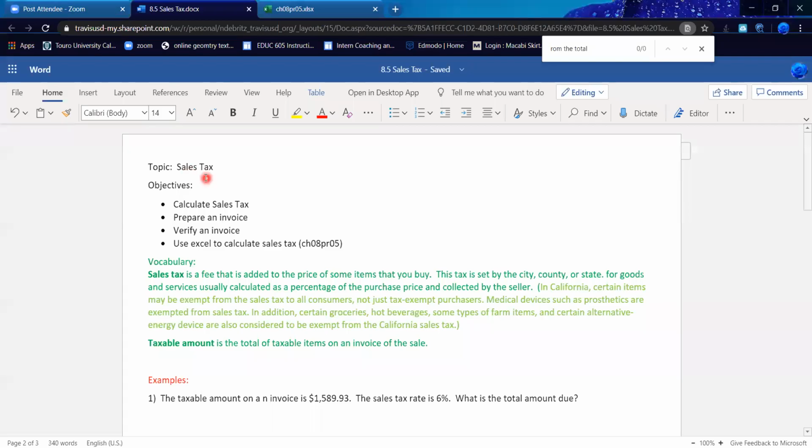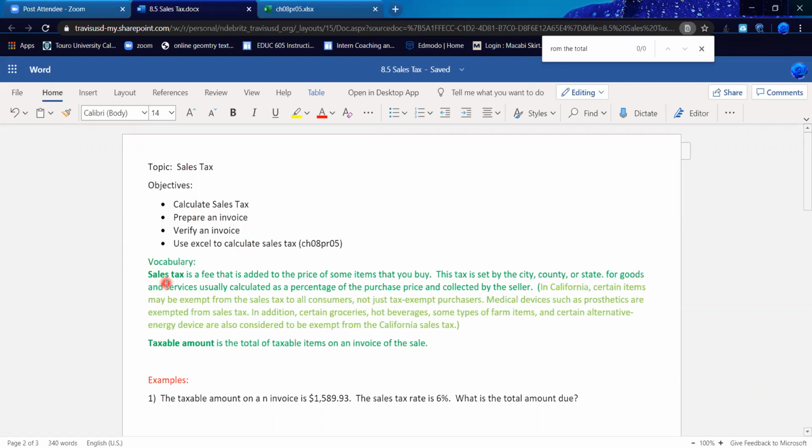Today's topic is sales tax. Our objectives are to calculate the sales tax, prepare an invoice, verify an invoice, and use Excel to calculate sales tax. So first of all, our vocabulary: sales tax is a fee that is added to the price of some